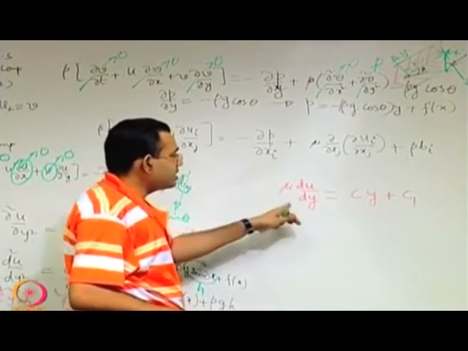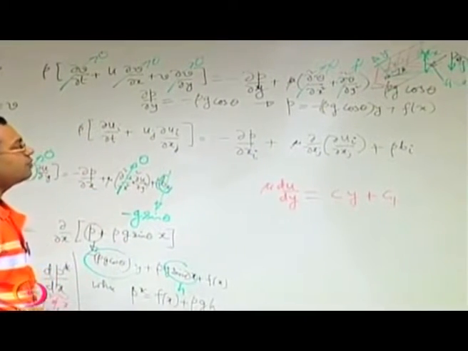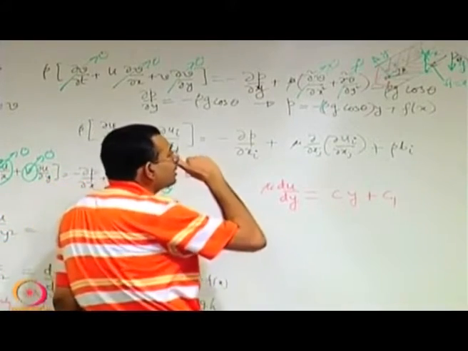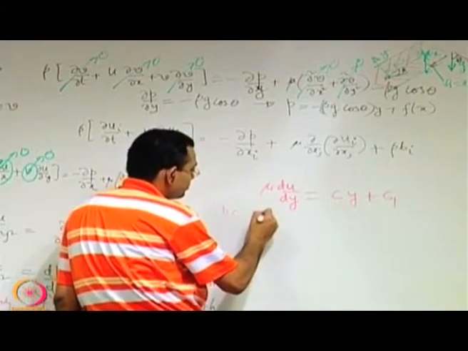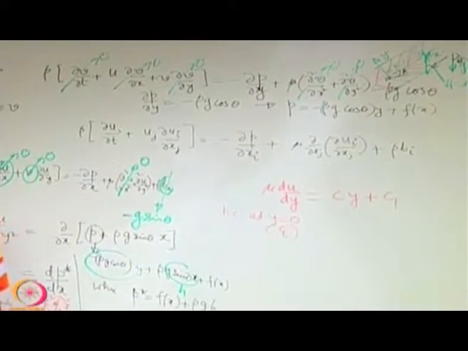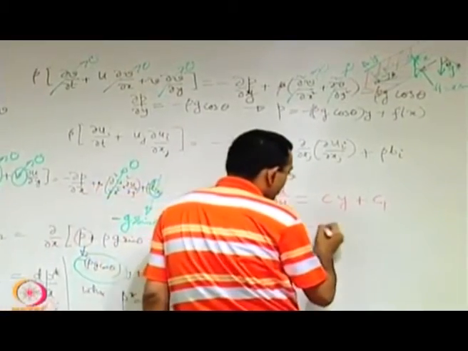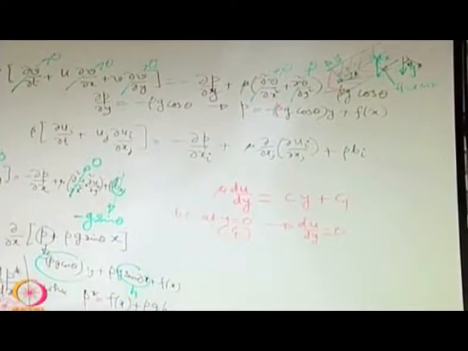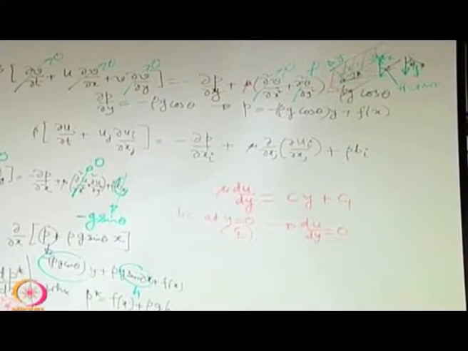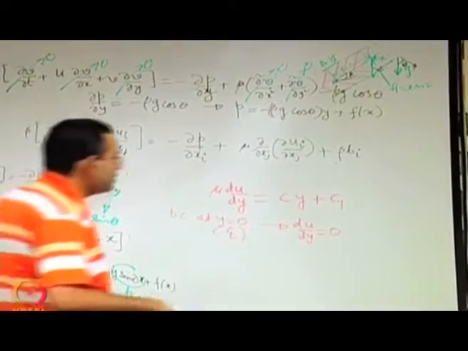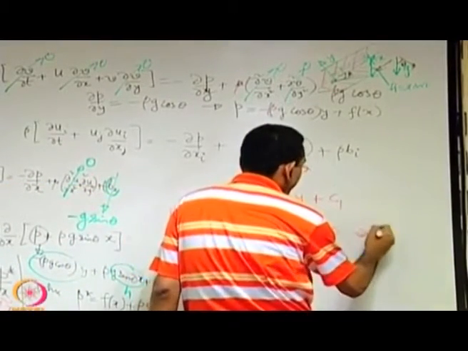Now next is using the boundary condition. So our domain is now from y equal to 0 to y equal to h. So what is the boundary condition at y equal to 0? That is the center line. du dy is 0, because u is a maximum here or otherwise from symmetry. In some case it could even be a minimum, but whatever it is, it should have an extremum at the center line. So its derivative with respect to y is 0. So that means you have C1 equal to 0.